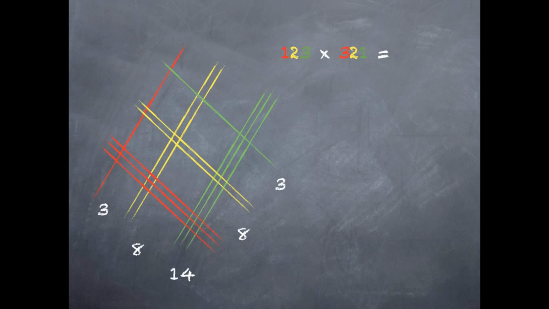Now, just like in regular multiplication, that's a problem. I can't have 14 in the hundreds place, so that really is 1,400. So I take that 1 and I bump it over to the thousands place, and I wind up with 39,483, which happens to be the correct